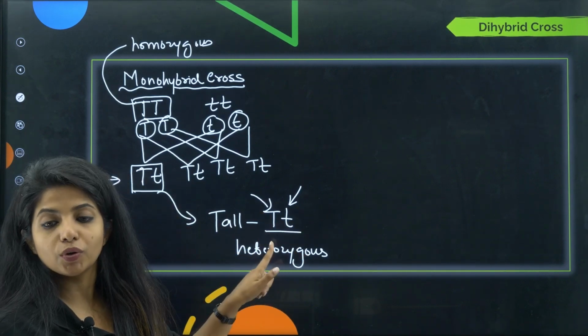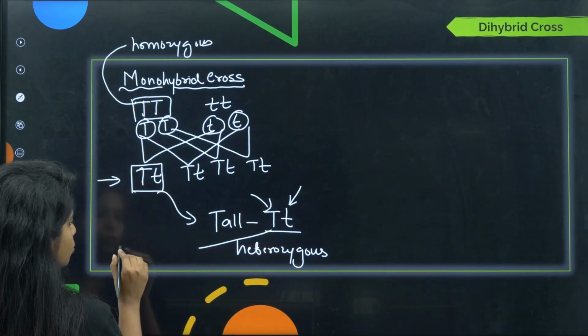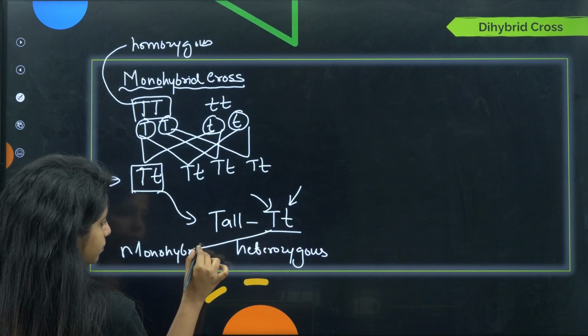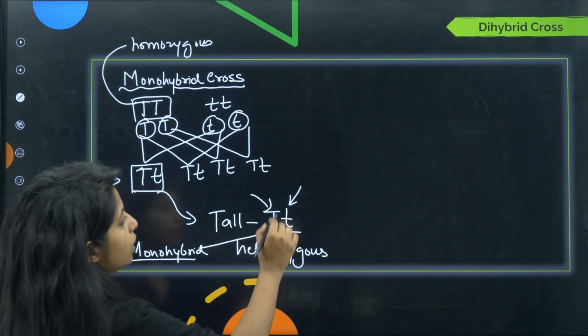So this is what you call as hybrid. Now over here there is only one hybrid, which is why I call it mono hybrid. This is the hybrid thing that is happening. Okay, now let's go and talk about